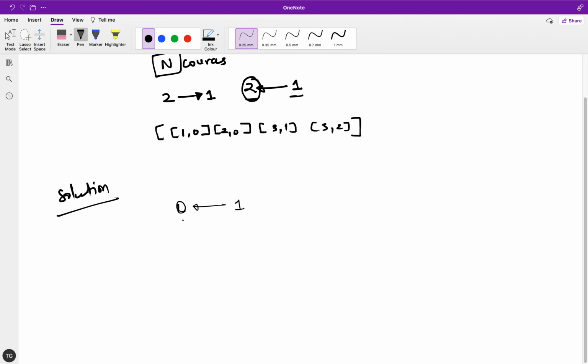So if you can make a topological order out of a directed graph, then it means there is a possibility to complete all the courses, and there is an order for it. If there is a cycle, then it's not possible to complete all the courses, so we have to return an empty array.